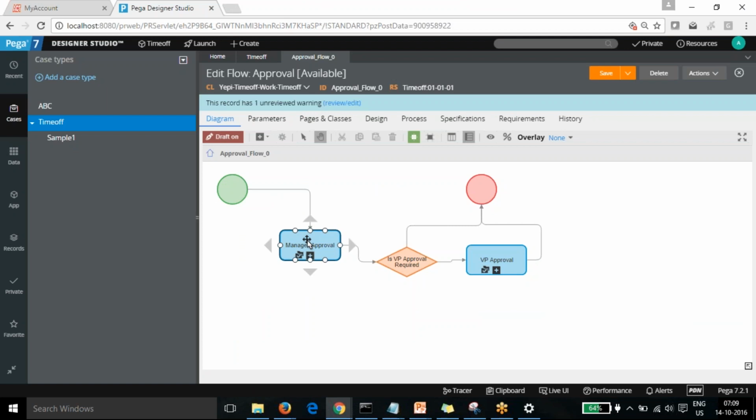Within that we are configuring the reject and approve. If it is approved, it will continue here, and there we are checking if VP approval is required. If it is, then we go to that. If it is no, we go directly to the end. So this way we are changing it if it requires multiple levels of approval.